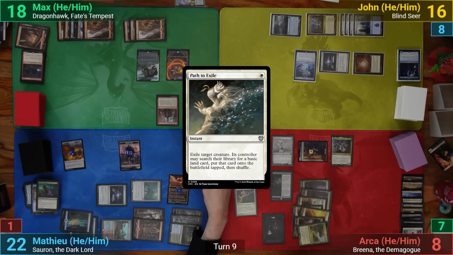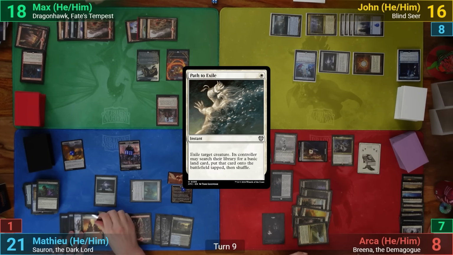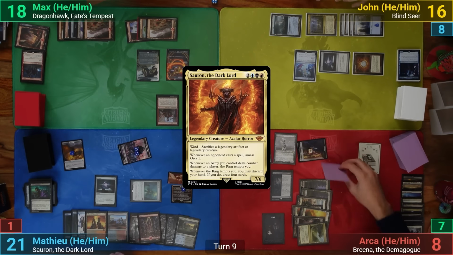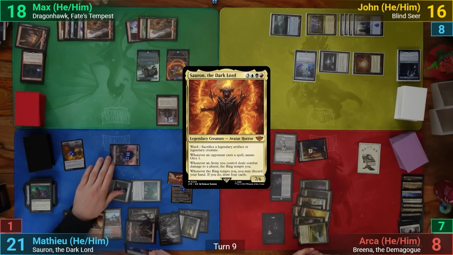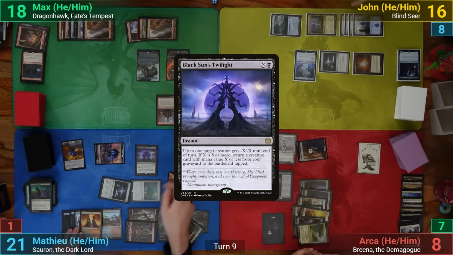Arja then moves to his end step, drawing from being the monarch. Matt draws and plays a Dragon Skull Summit, and goes straight to combat. He swings the army token at Arja, who gets blocked by Teysa. In his second main phase, Mathieu then plays Black Sun's Twilight, putting 5 into the X, taking out the Esper